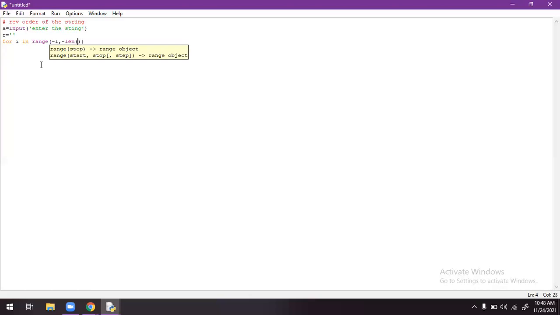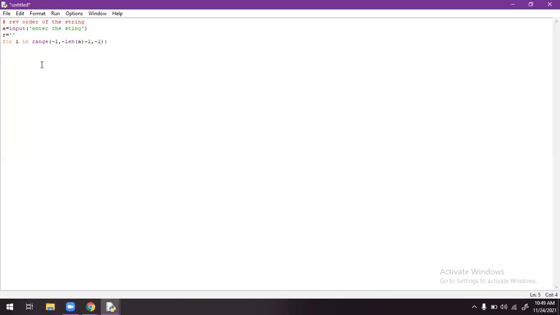In this case, the variable in which I have stored the string is a, so I have to take that variable here, and -1. I will tell you why I am putting -1. As we are writing negative indexing for Python, I have to decrease the values -1, -2, -3, -4 like that, so the step value in the range must be negative, -1.